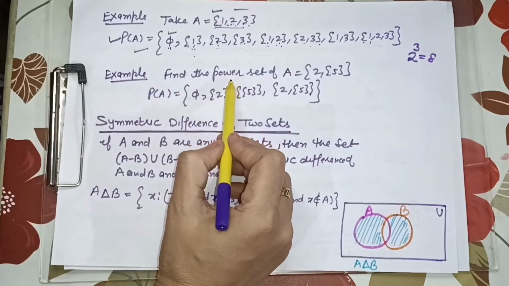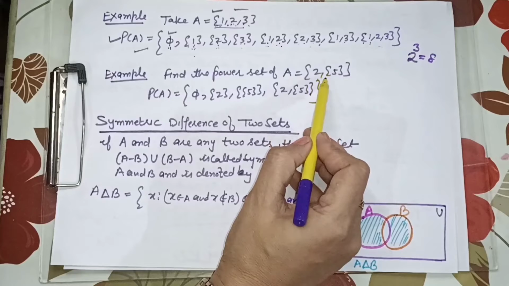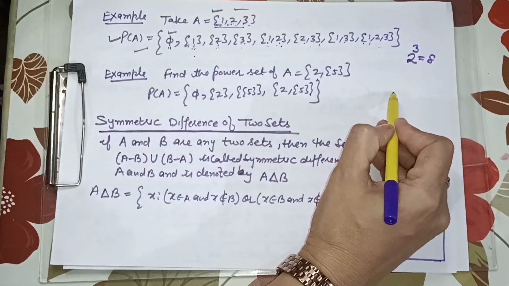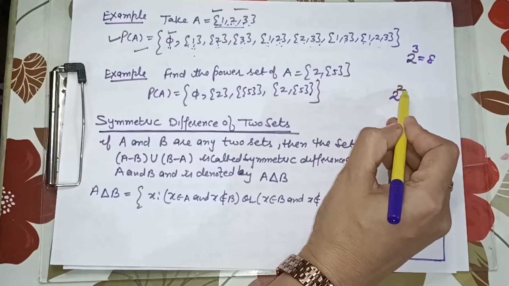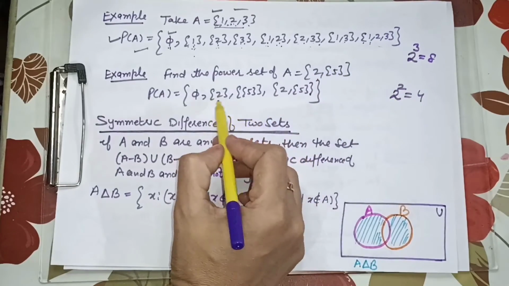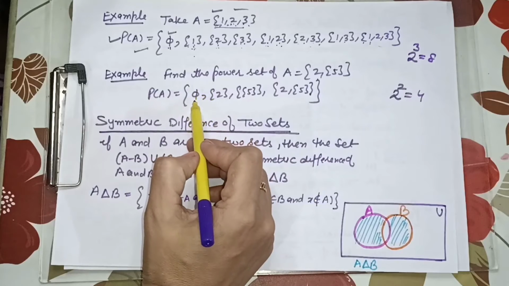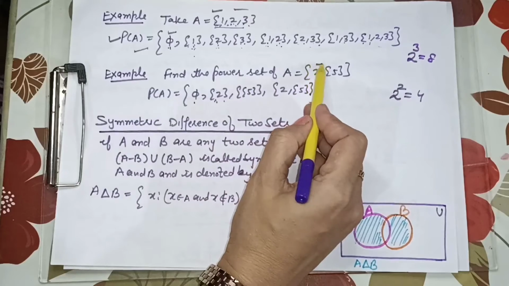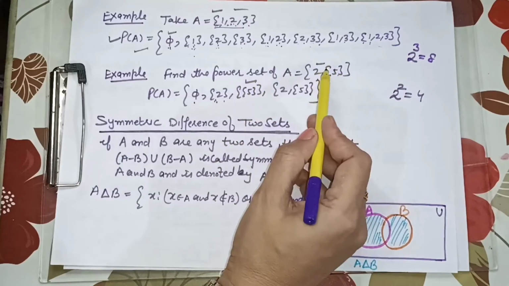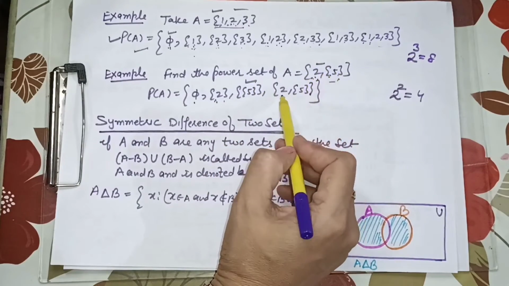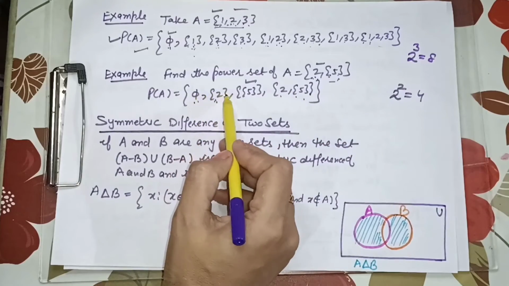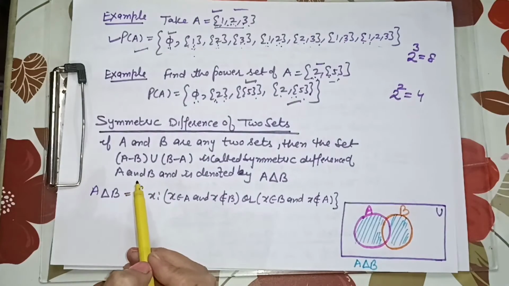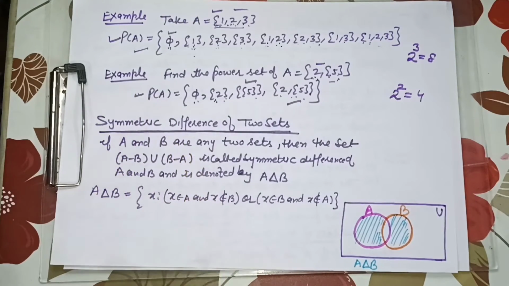And this is another illustration. Find the power set of {2, 5}. That means the base is 2, as we know. The elements are 2, so 2 raised to the power 2 is 4. 4 possible subsets will be in the power set. Firstly, we write phi. Then we write individually {2}, then {5}. And then we take both collectively, that means {2, 5}. So 1, 2, 3, 4, these are the 4 subsets of the set, and this is known as the power set.